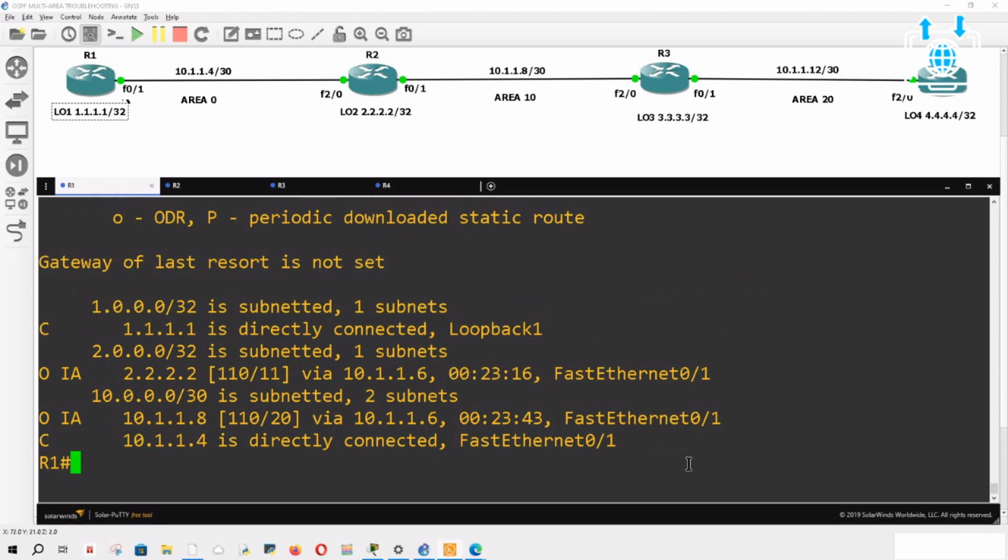And how do you do that? You do that through virtual links. So what's got to happen? I call it building a rope bridge. So you need to make sure you create a link going from here to here and back, and then from here to here and back. Okay, so let's go ahead and do that.